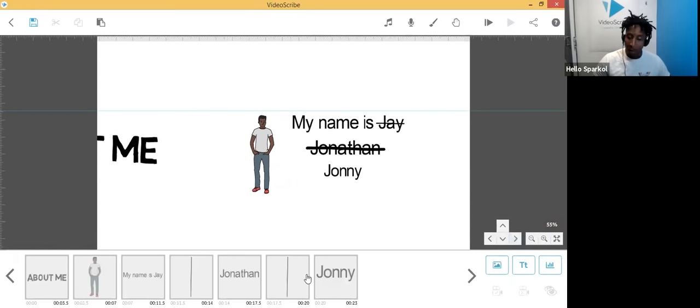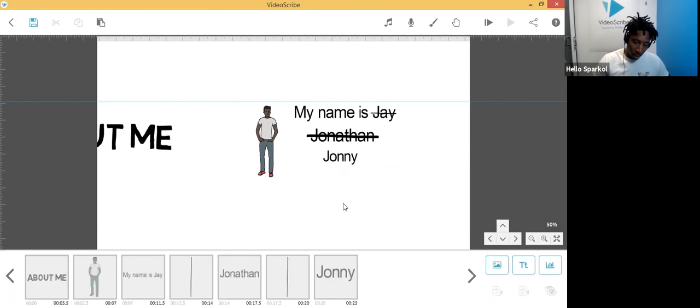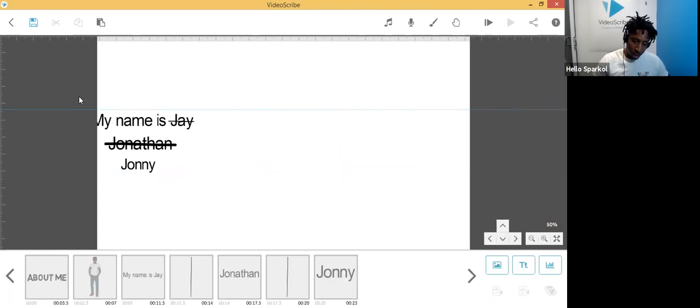Or if you have a lot of elements that you have added onto the canvas and maybe you misplaced one, or if you set the camera, what is very handy is to use this button, which is Fit to Screen. That will show you all of the elements that you currently have on the canvas. Okay, so that's a very useful button to use, especially when you have many, many elements that you have included on your Scribe project. So I'm just going to drag myself across to the screen,